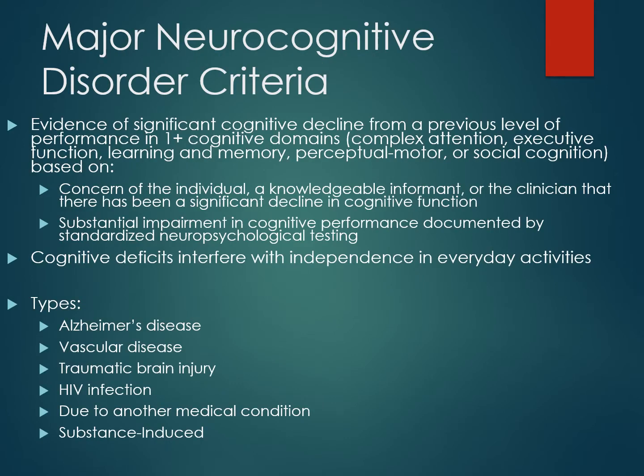Major neurocognitive disorder is like a more severe, permanent case of delirium. For this disorder, there's evidence of major cognitive decline from the individual's prior level of functioning in at least one area of cognition. Changes in complex attention would mean that the individual cannot attend to multiple stimuli at once or multitask. Changes in executive function may be that the person has difficulty with planning or organizing.